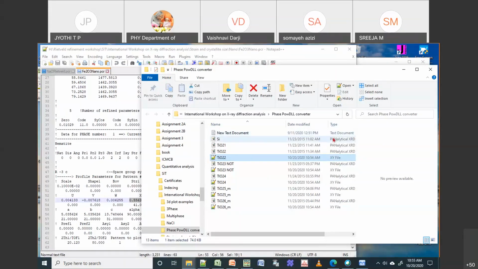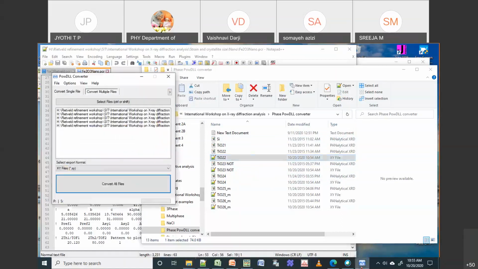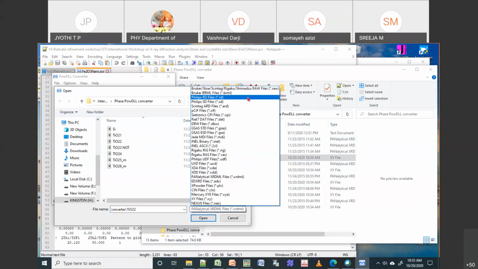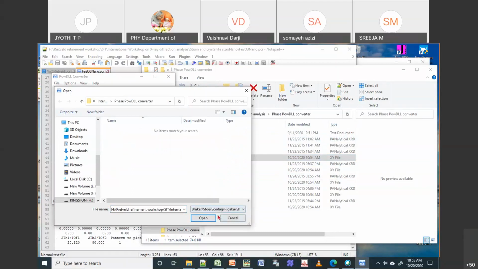Sometimes it is difficult to directly use the data coming from the XRD machine, so for that you can use this tool. Depending on whether you are using a Rigaku or Bruker instrument, it will give the file in .raw.